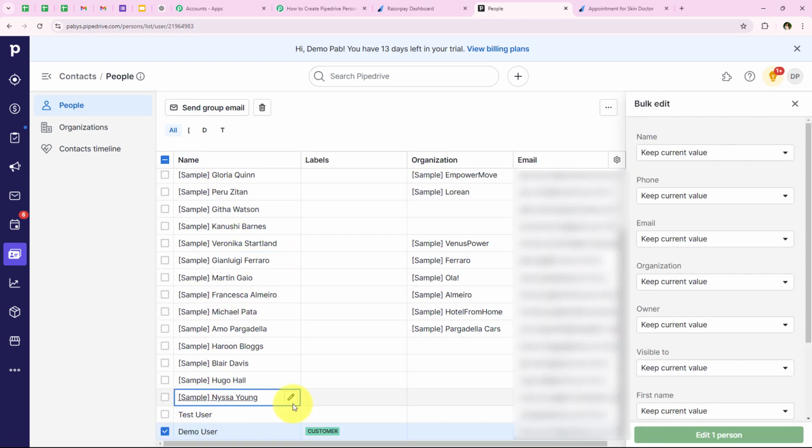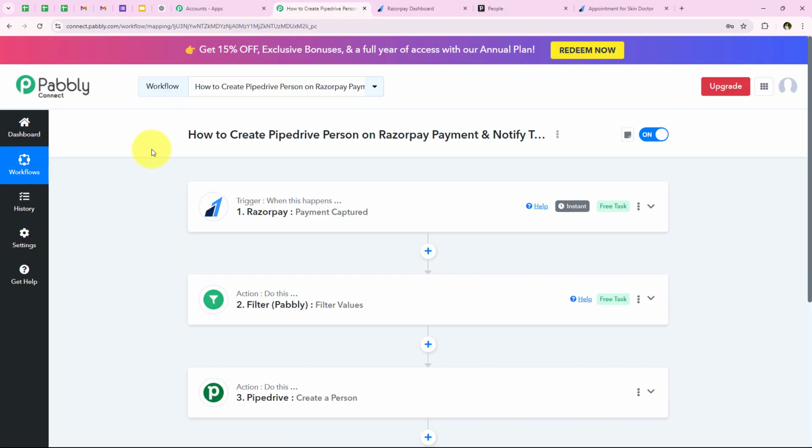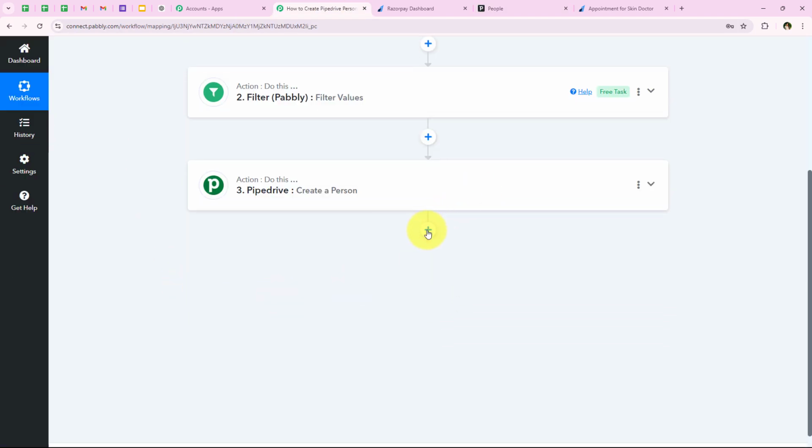Over here you can see the name, demo user. You can see the label which we entered, which was customer. You can see we haven't entered the organization, and the email which we entered, also the phone number. So yes, with this we have successfully completed this action step, and now we are going to add another action